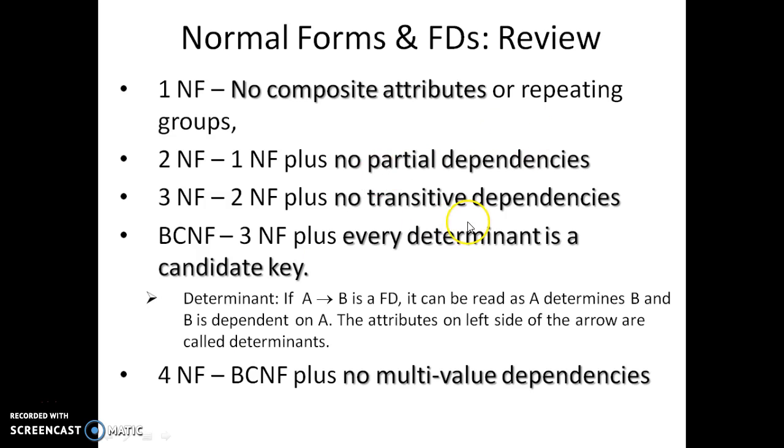Now this is the review of the normal forms. First normal form: no composite attributes or repeating groups. Second normal form: first normal form plus no partial dependency. Third normal form: second normal form plus no transitive dependency. BCNF: third normal form plus every determinant is a candidate key. Fourth normal form: BCNF plus no